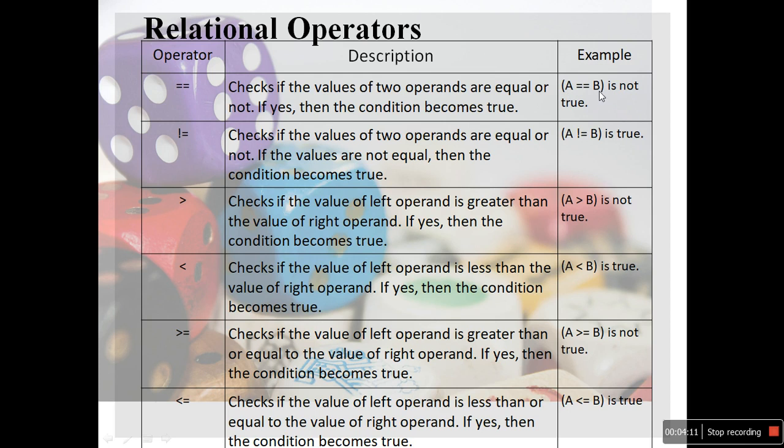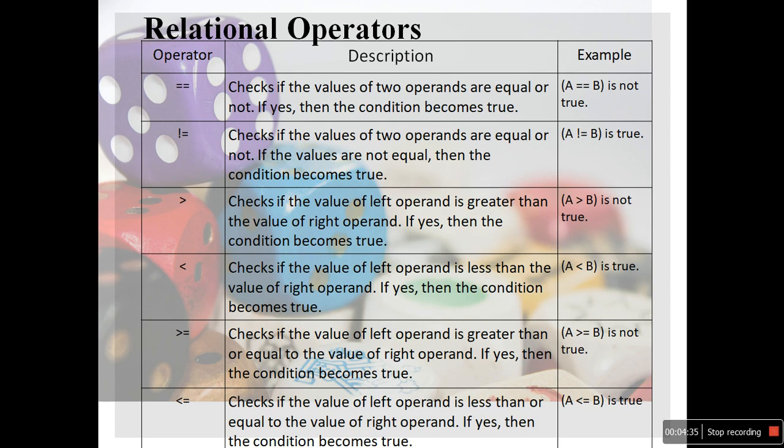If a is equal to 10 and b is equal to 10, both numbers are equal and the condition is true.